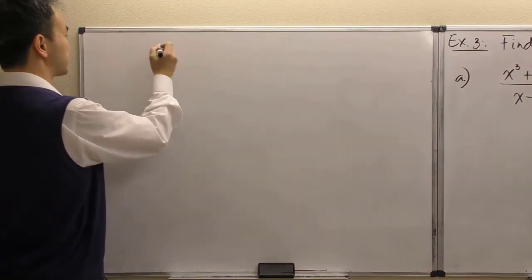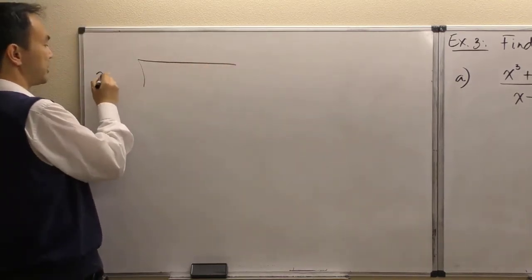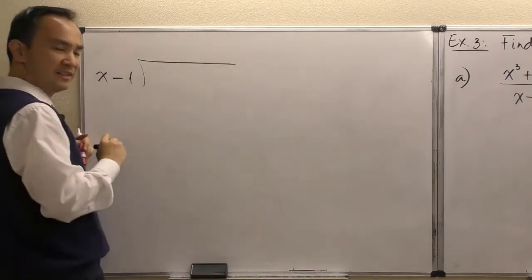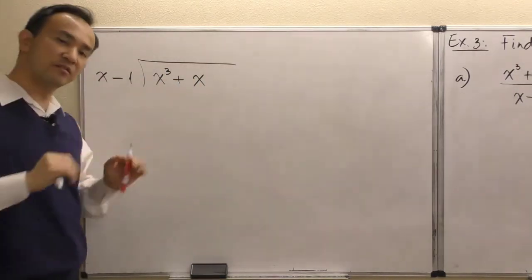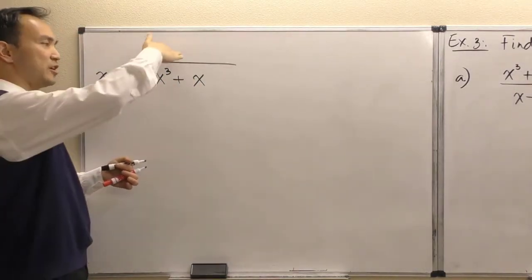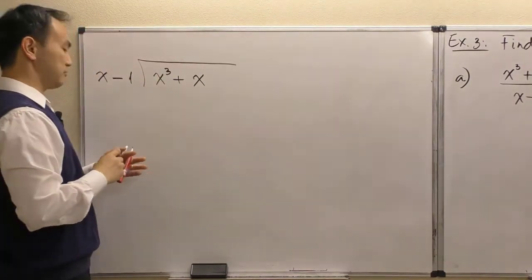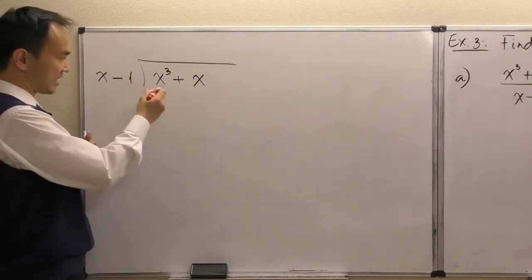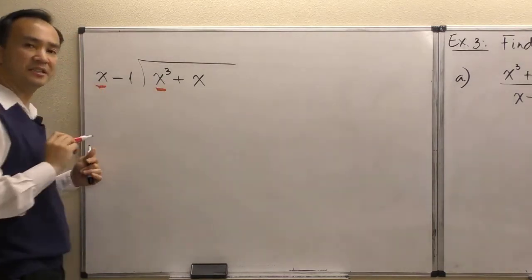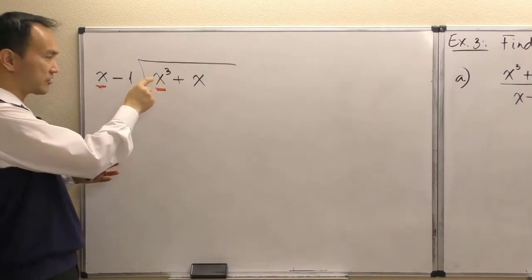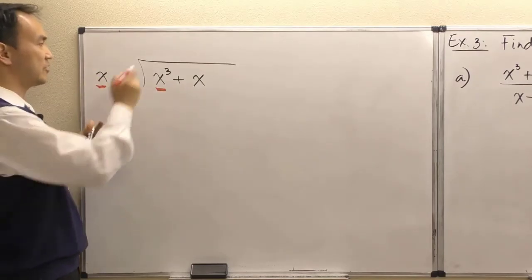All right, here we go. Now I'm going to draw that roof sign, and I put the denominator, x minus 1, outside of the roof. My x cubed plus x, the numerator, is inside of the roof. The step-by-step quotient that we're going to find will be put up here. First step of this long division process: I take the first term and divide it by the first term of my denominator. So x cubed, including the coefficient being positive 1, divided by x gives me